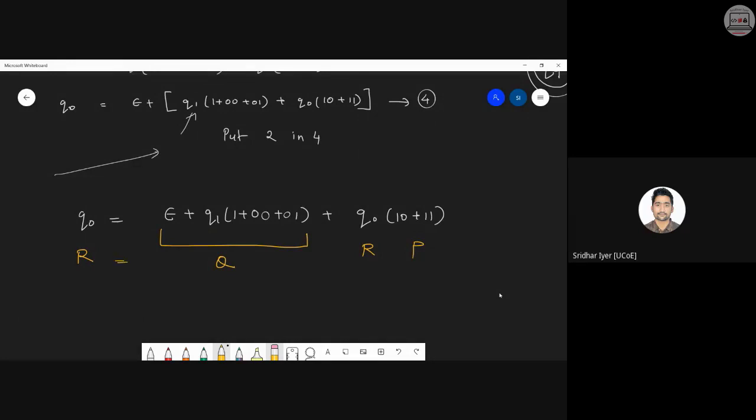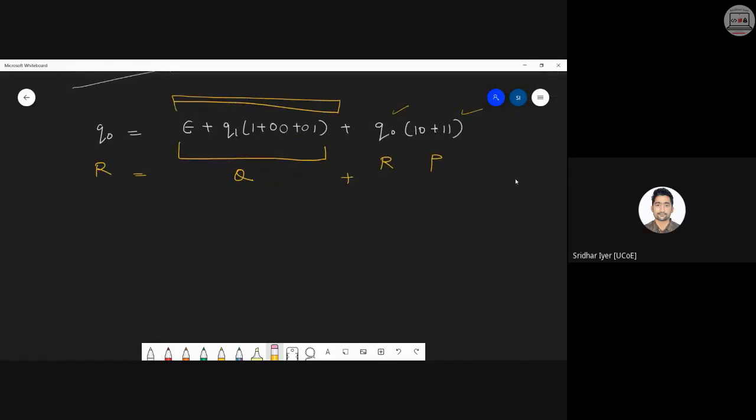R is equal to Q plus RP we have to construct, right? So can I not call this entire term as Q, this as R, and this as P? Yes or no? Kindly let me know. Don't get confused. Simply follow the formula. That's it. We have to convert this into R is equal to Q plus RP. That is what we have done over here. Instead of this equation, ये एक possible way था. But the simpler way I have found out, this is something like this. Right? So always go for the simpler way. Otherwise, you will end up doing mistakes and final answer आपका wrong हो जाएगा.